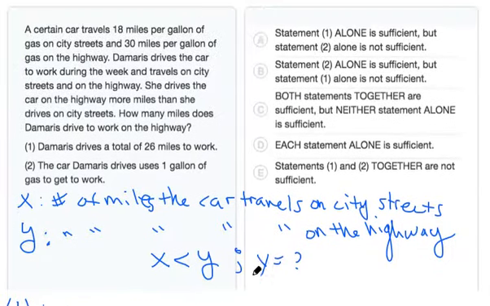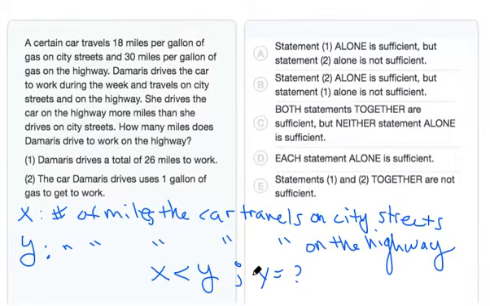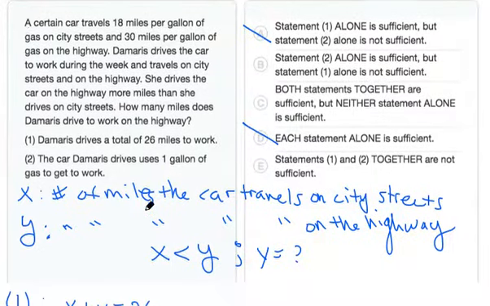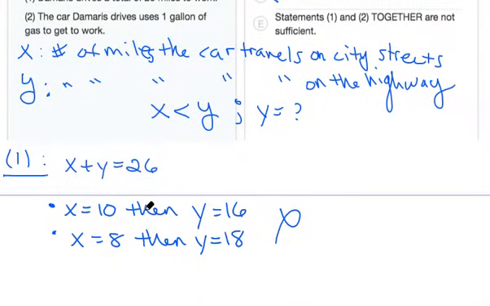And if we scroll up, if statement 1 alone is not sufficient, we can eliminate several answer choices. We can eliminate answer choice A as well as D. Now we're still left with B, C, or E, so that means that we have to consider statement 2 alone and see what information we can get from that. So considering statement 2,